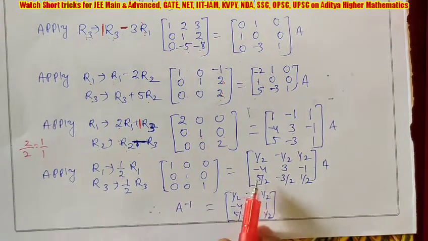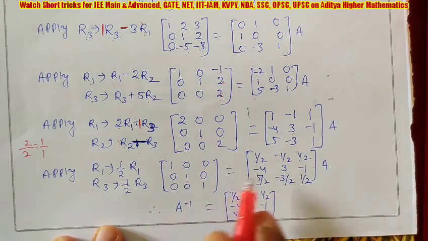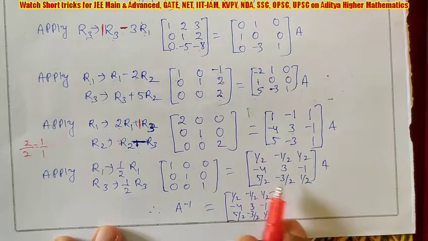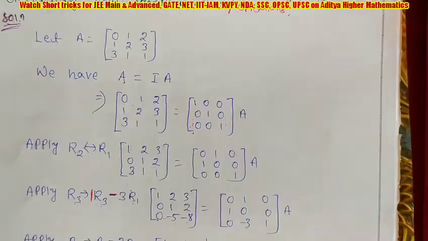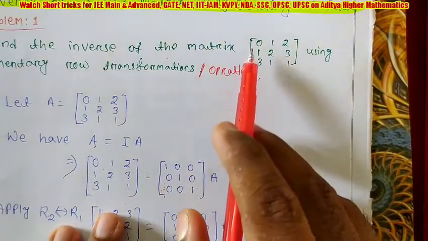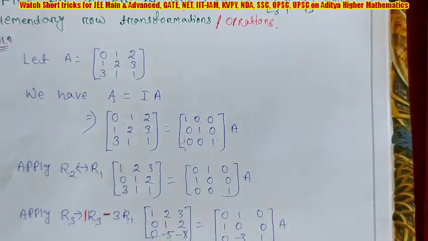So what we got at last, I told you: when on the left hand side you are getting the identity matrix, what is coming on the right side is the inverse only, and the same thing you write as A inverse. So here one question I have solved, with the first column 0. Then again I will solve one question, which is very important and a very special case.